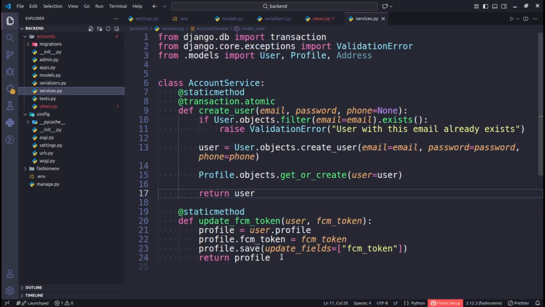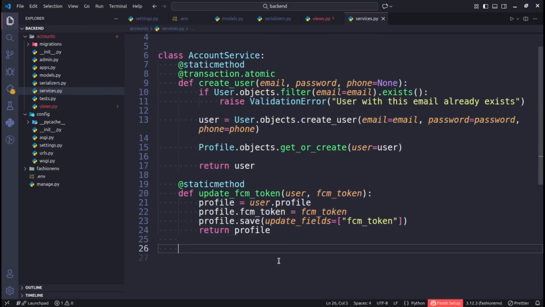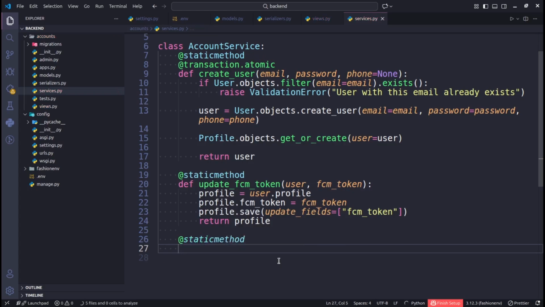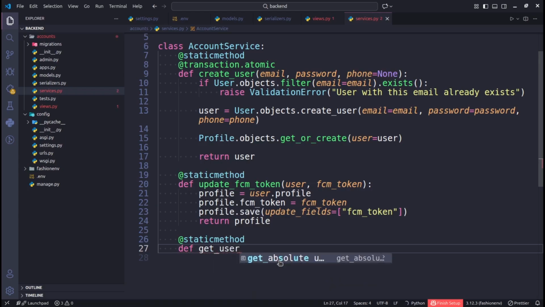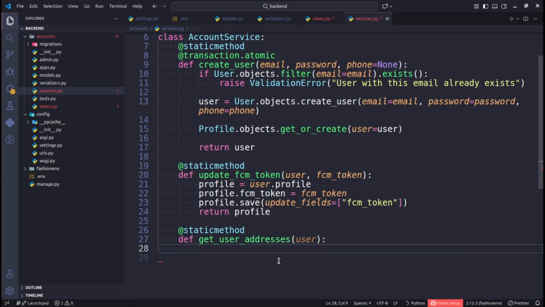So here we need to come just below this one. So below that one, we're gonna say at static method. So at static method, then from there, we're gonna say def get user addresses. So this would just be a simple method, but this one would be useful. So what we need to pass here is our user, so that we'll be able to get all the addresses for the user. Okay, just need to return